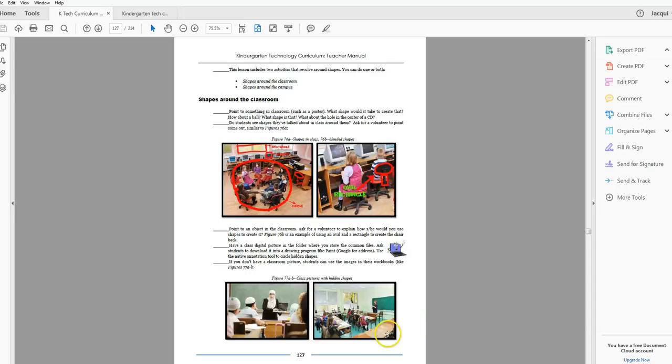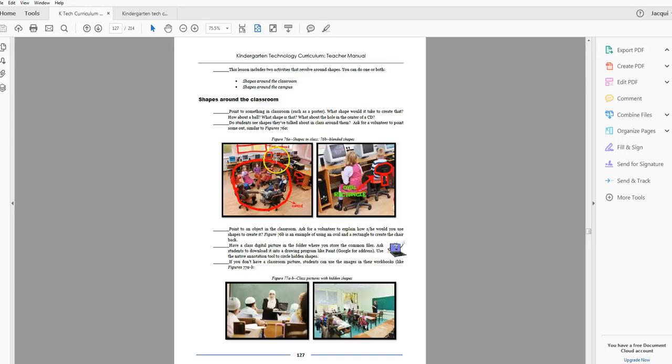All right. So you're going to pick one of these activities, or both if you want, if you have time. In the classroom, you'll have them around the classroom, wherever they are. You might point them out. You might do this as a group. You might divide the class into small groups or individuals, where they have a picture of the class, and then